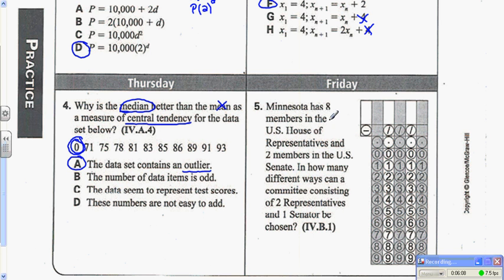Number 5 takes us back to a previous quiz question we had, and this is a question of combinations. You have 8 representatives, and you want to choose 2 to be on the committee. You have 2 senators, and you want to choose 1 for the committee. Now I'm going to show you how to use a TI on this one. So if I take my TI calculator